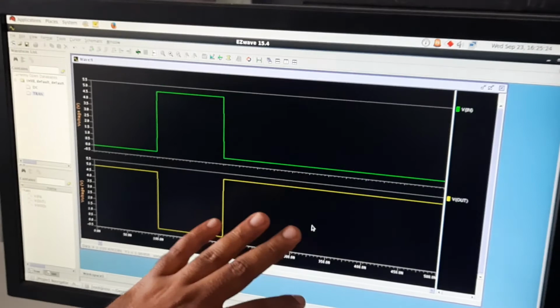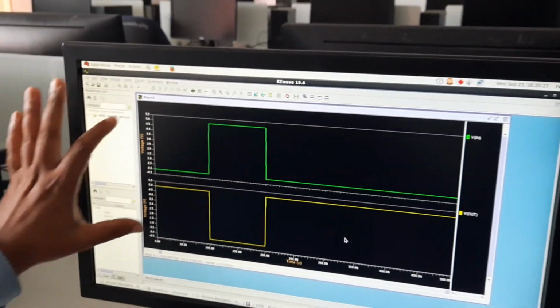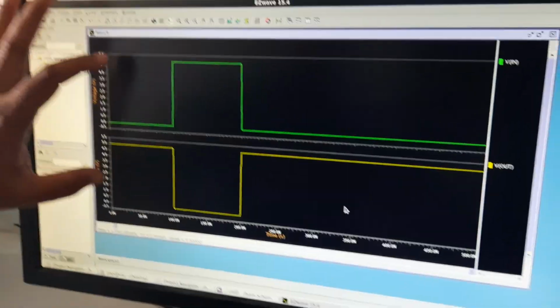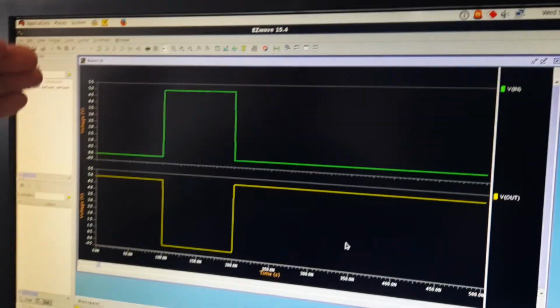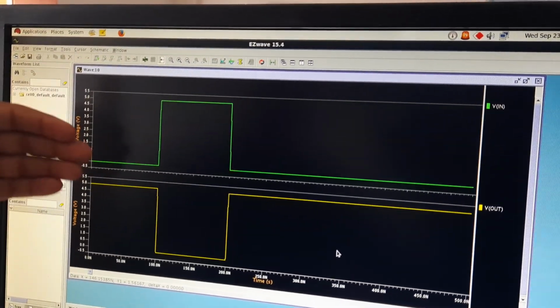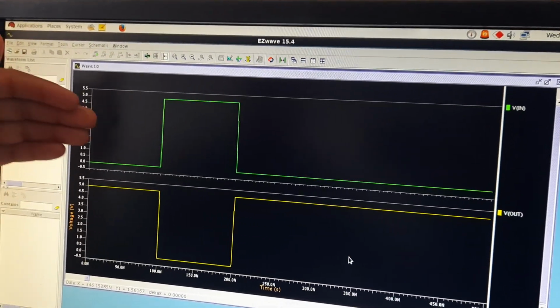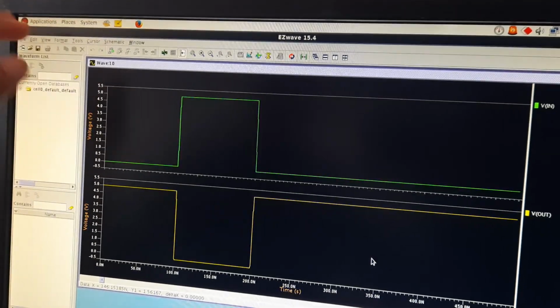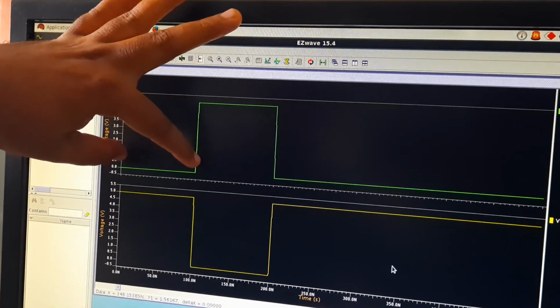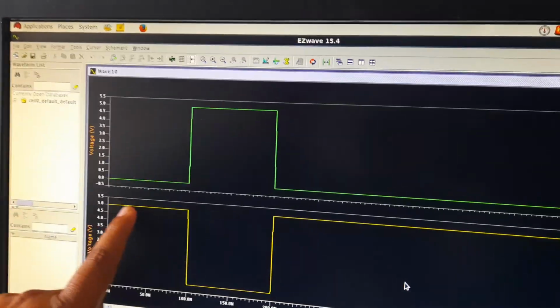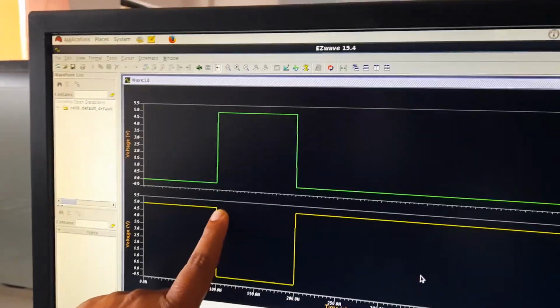Now if you click here, the waveform opens. What is the significance of this waveform? This waveform is the simulation. This is your simulation waveform. Understand here, in the case of the inverter, if your input signal is at zero level, your output signal is high, that is 1.